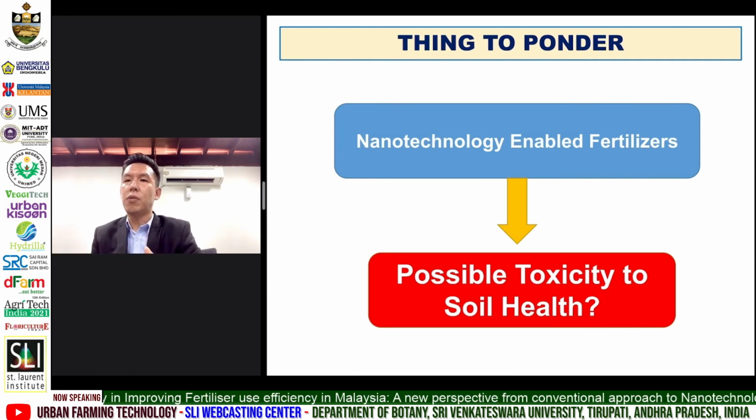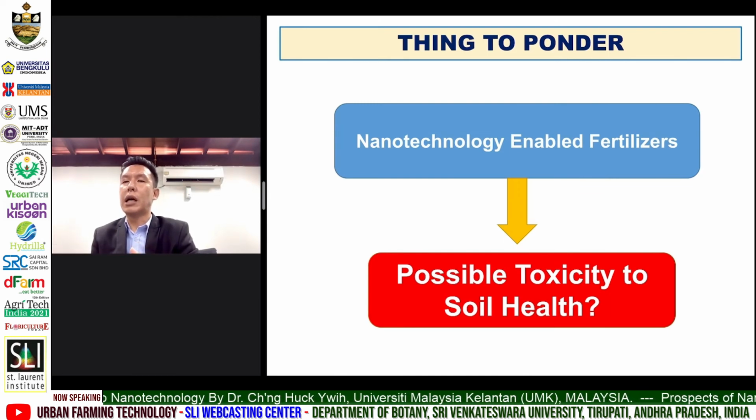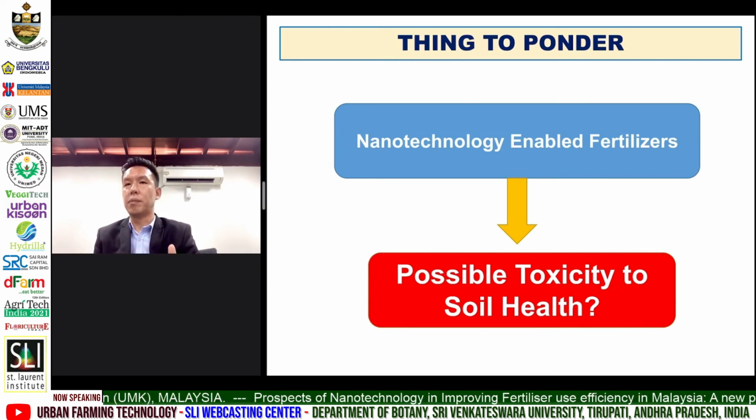Now, so far, all the researchers have reported a positive effect of the application of nanotechnology in improving soil nutrient availability. They also improve the nutrient uptake by the plants and the yield of the plant. For example, the plant uptake of nitrogen, phosphorus, potassium, and other nutrients, compared to commercial fertilizer without any nano application, seems to be unproblematic, and they seem to be very promising. However, what is unproblematic at the macro scale might be problematic at the nano scale.